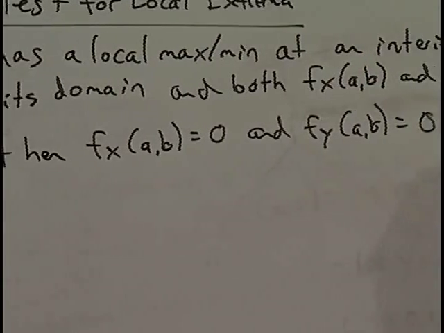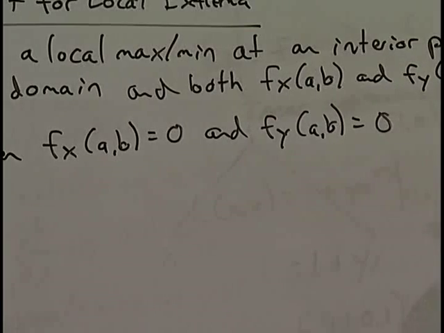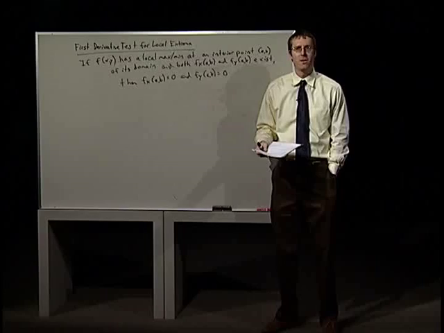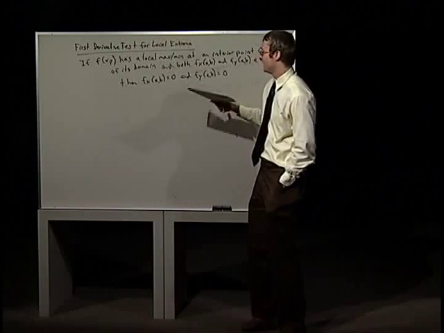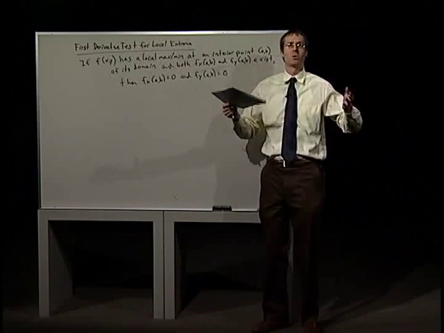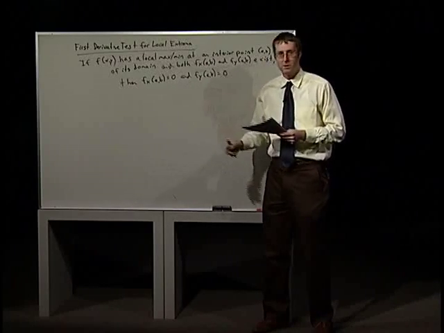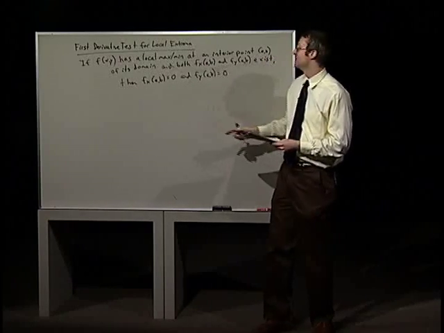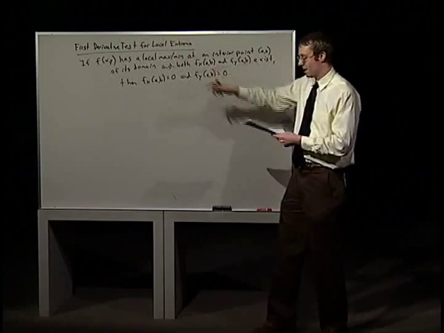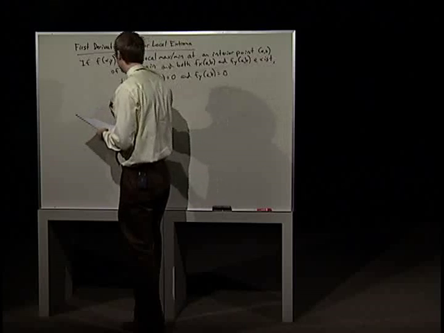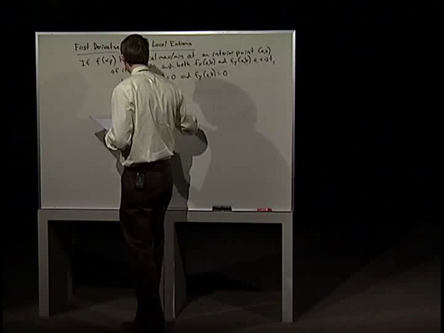It's worth noting, too, that these being 0, think about the equation of a plane. It involves the partials being the normal vector there. So that's why those 0 out in your equation. Your plane is just z equals some constant, so it's horizontal. That's the reason why this implies a horizontal tangent plane. But this is saying that if you have a max or min and your partials both exist, then they are both 0. So the result here is that at local extrema,